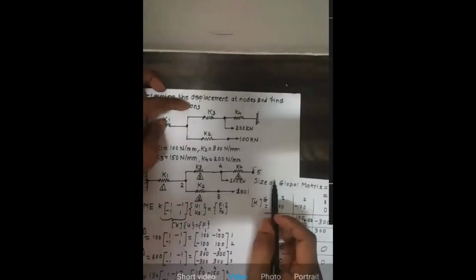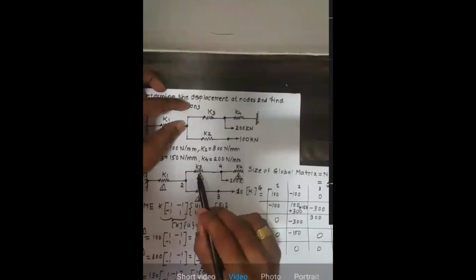Now if you go to node number 4, again 2 elements are connected, right? So at 4 4, you are getting 2 terms. Getting my point or not? At 4 4, you are getting 2 terms, because at node number 4, 2 elements are connected. That means you have correctly formed the global stiffness matrix from the element stiffness matrices.